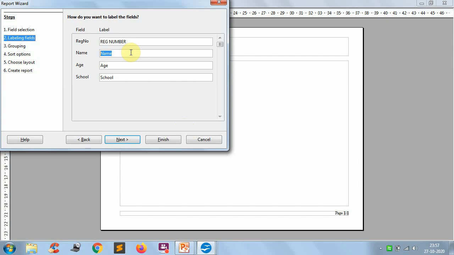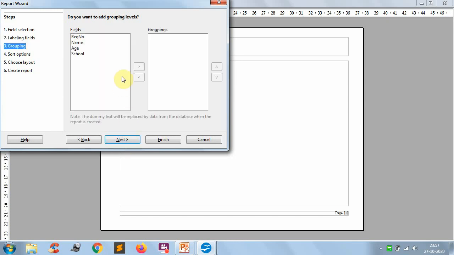Instead of simple name, I want to give student name, age as on today, name of school. So these are the names to be displayed on the reports, and these are the names in the table. Now just click on next.